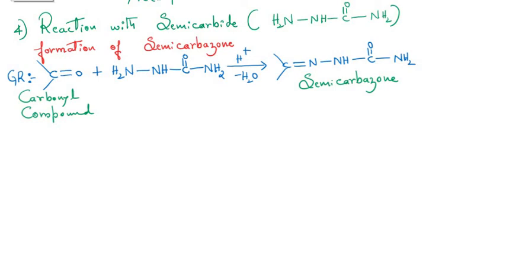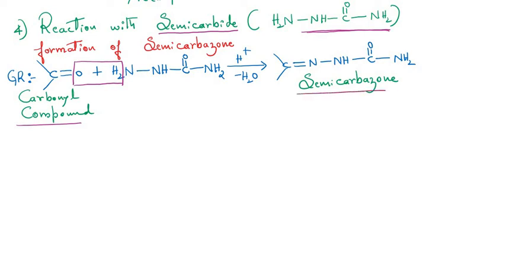Now the fourth one is a reaction with the semicarbazide. Okay, so whenever we say semicarbazide, the ammonia derivative is NH2, NH, C double bond O, and NH2. In fact, that is nothing but the Z group, NH, C double bond O, NH2, and the products are called semicarbazones, right? So when a carbonyl compound is treated with semicarbazide, in the simplest form we are going to lose one water molecule, and our product will be the corresponding semicarbazone.